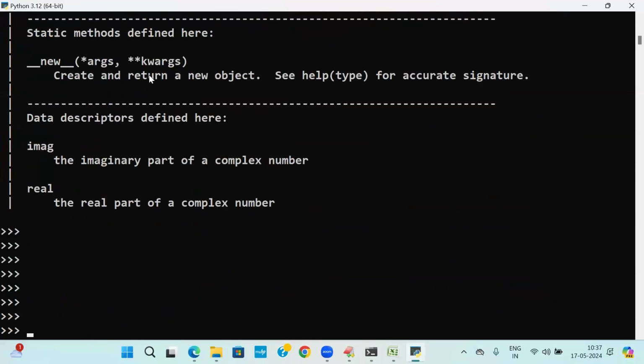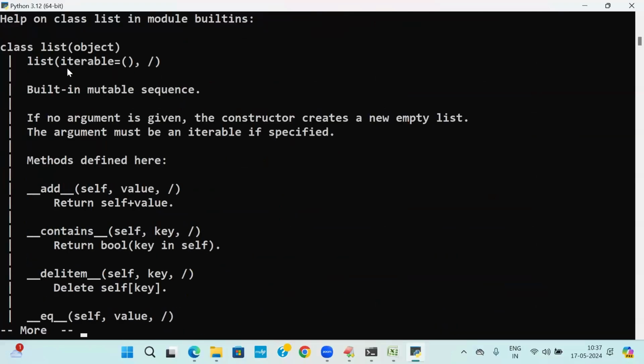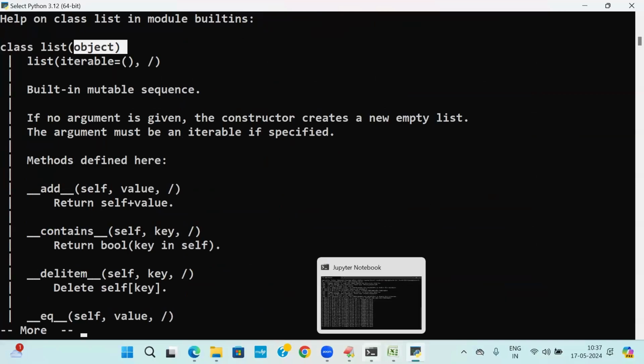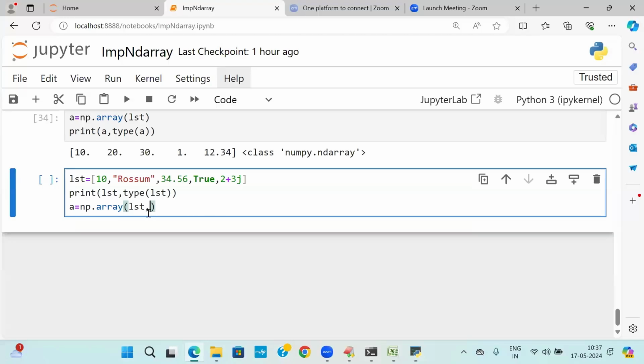Now I am showing one more, last and final. Help of list, you take it. Who is the class? What is the superclass? So int, float, bool, etc. So many classes. Who is the superclass? Object. So today my interest, when I come to my explanation, is that I will convert this